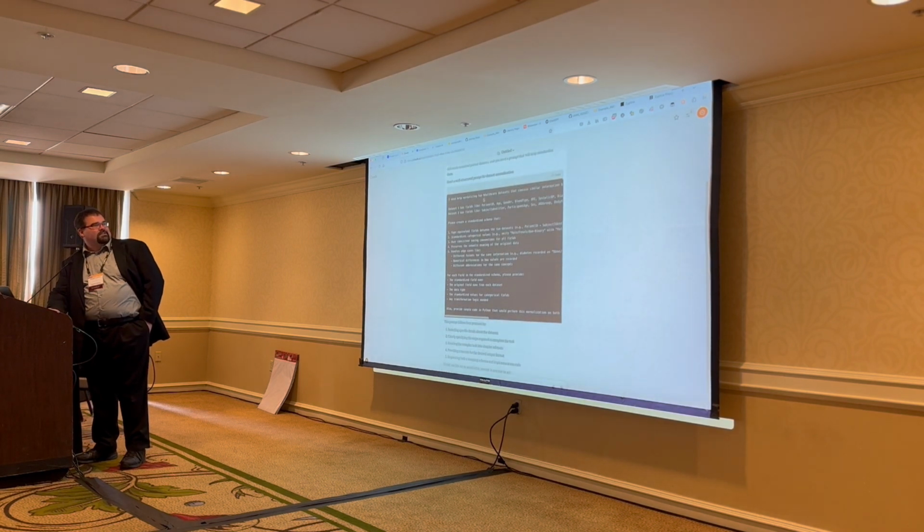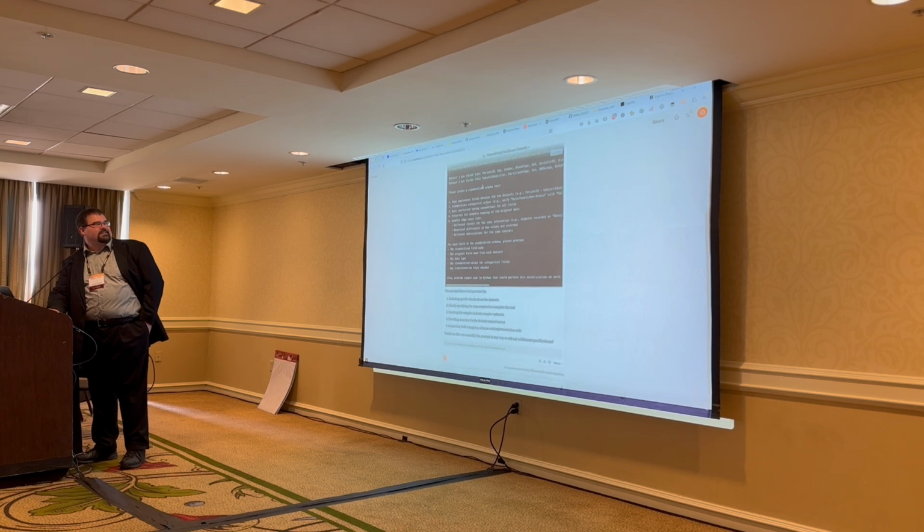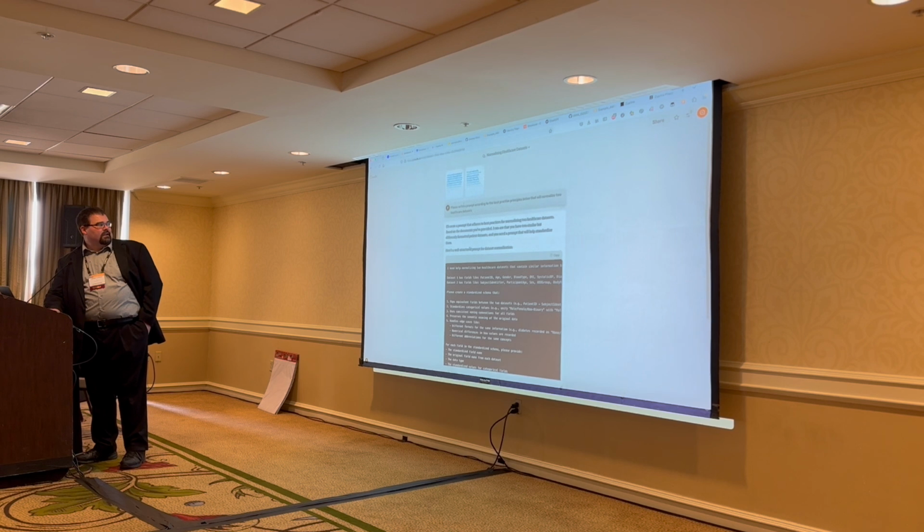I need help normalizing two data sets. Data set 1 has these fields, data set 2 has these fields. Please create a standardized schema. And it gives me the start of a prompt. Make sure I'm providing standardized field name, original field name, data type, standardization. I can go in here